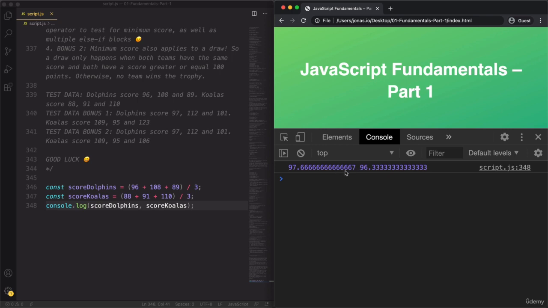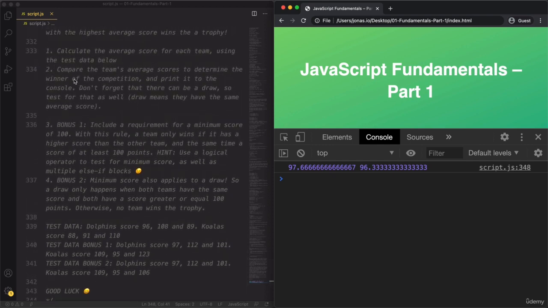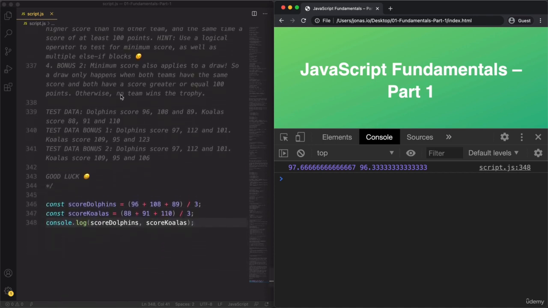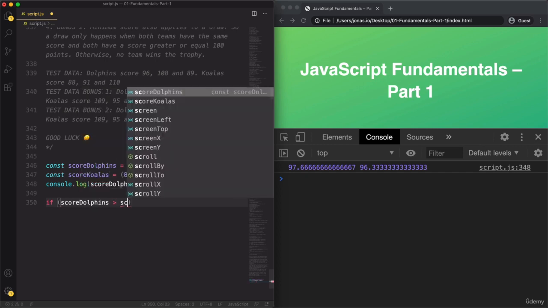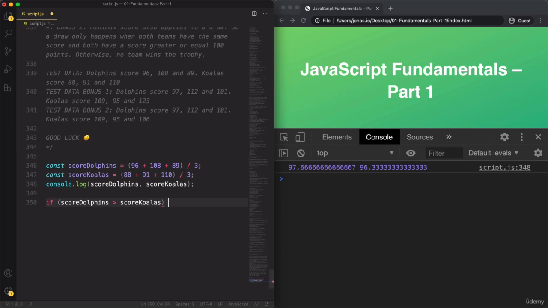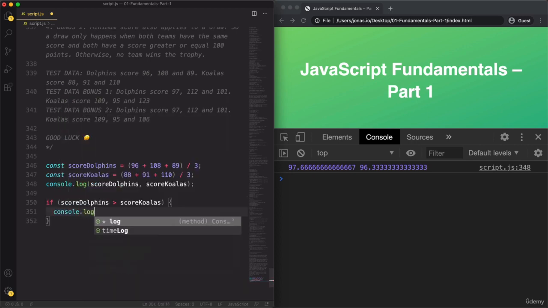Okay, so they're pretty close, but the Dolphins have a little bit higher of an average. And so that's what we're working on in point 2, where we're going to compare the average of both teams. So we are going to use an if statement, or if else probably. So score Dolphins, if it's greater than score Koalas, then log to the console